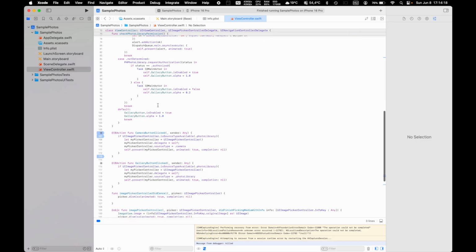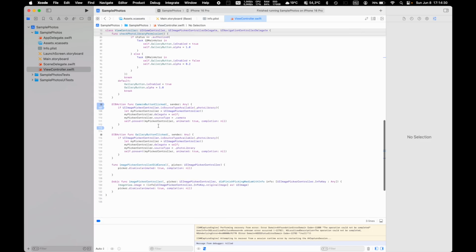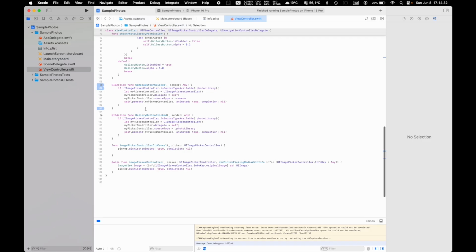Okay, so this is what is creating the permission for you. So your buttons will be live if the permissions are given, and they will be disabled if these are not given. So let's come to the point where we are basically taking the camera photos, or taking a picture from the gallery. So here are the two functions for the buttons, and what you need to use is